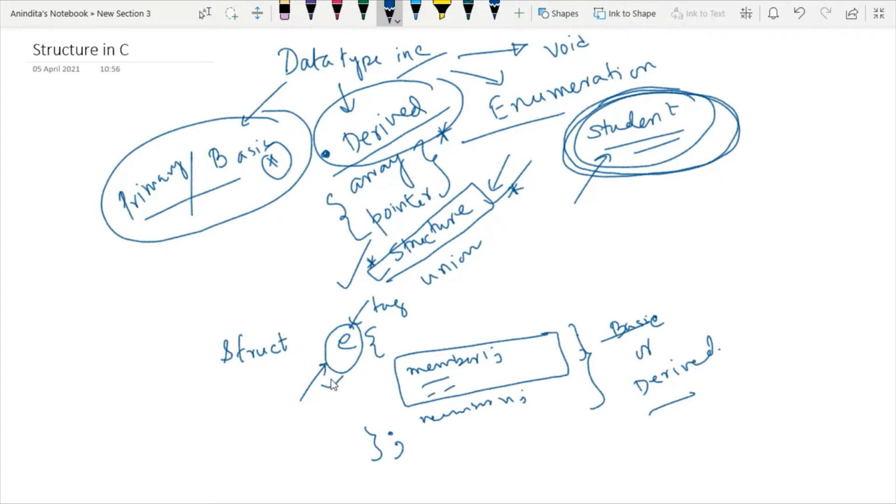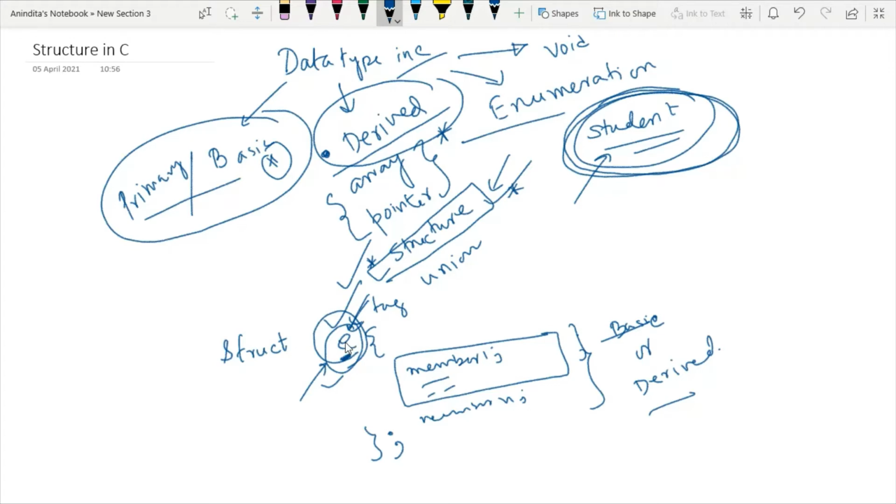However, I suggest you give it a name. Then it will be easy for you to represent. So in your exam, you may find a short note asking can I write a structure without a tag? The answer is yes, it is possible. But in general for coding, we prefer to use a structure tag.